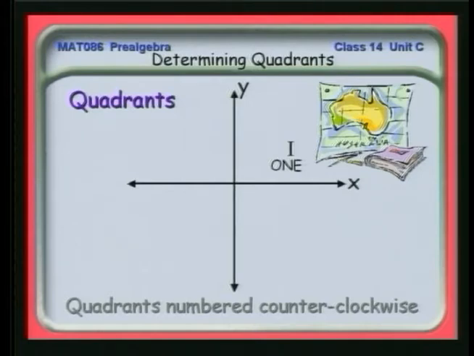X is positive going to the right, y is positive going up, and anything I plot in that quadrant will have both positive values. Proceeding around, the second quarter is called the second quadrant. Notice if I plot a value in that quarter of the graph, the y values will be positive, but the x values will be negative. There's the third quadrant, and if I plot anything there, both the x and y will be negative. And here, x will be positive, but y will be negative. Those are the 4 quadrants, the first, second, third, fourth quadrant.